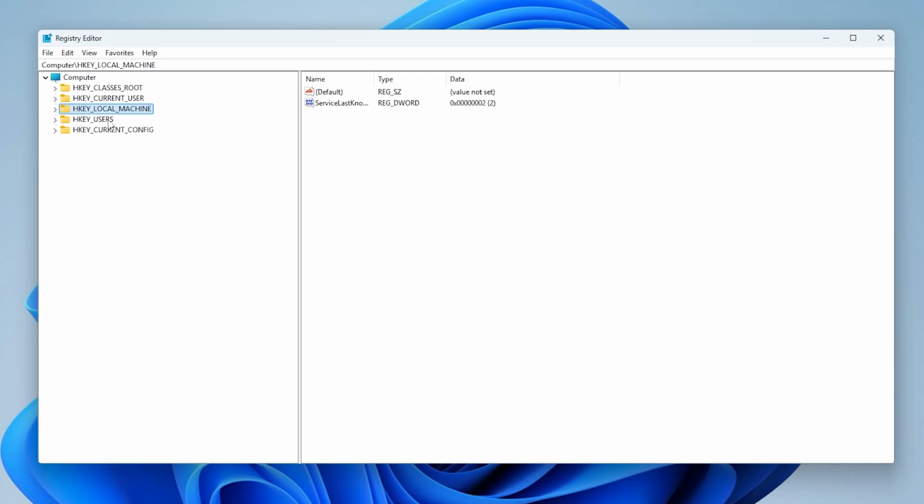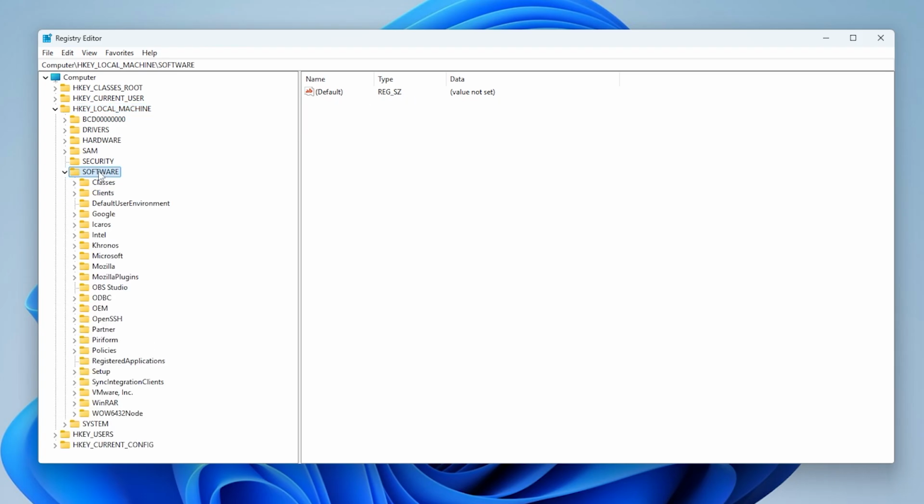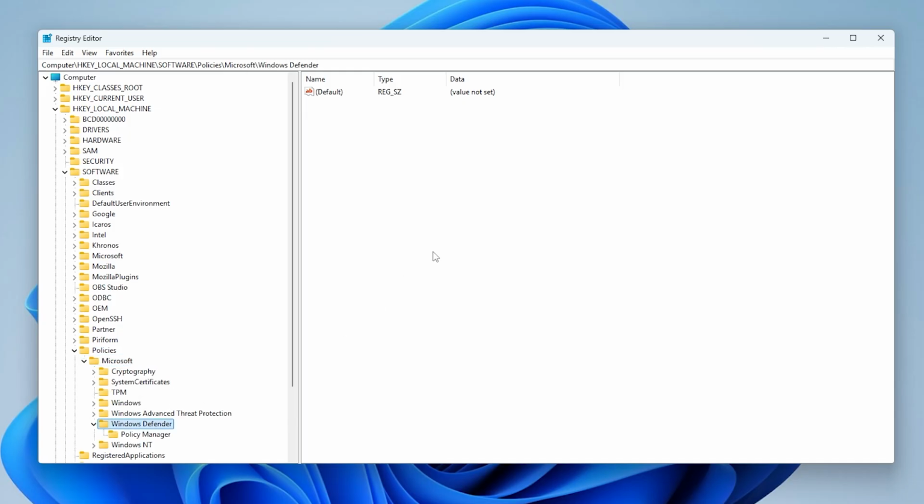Then follow this path: HKEY_LOCAL_MACHINE, Software, Policies, Microsoft, Windows Defender. Right-click on the right panel, then select New, then choose DWORD 32-bit value,